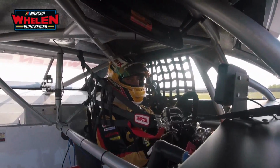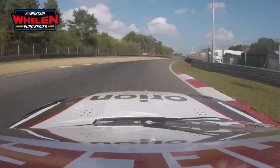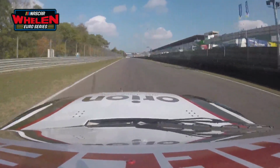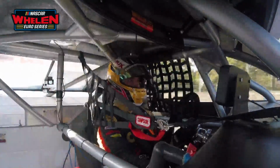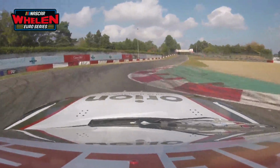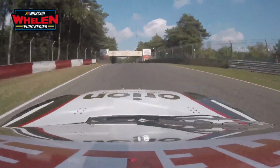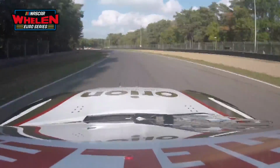Little brake, touch the curb, third gear, flat out now to the second straight line. Fourth gear, brake hard under the bridge, 3, 2, it's a Boutsen genuine chicane, left, right, flat out, let the car roll, over the bridge, under the bridge,